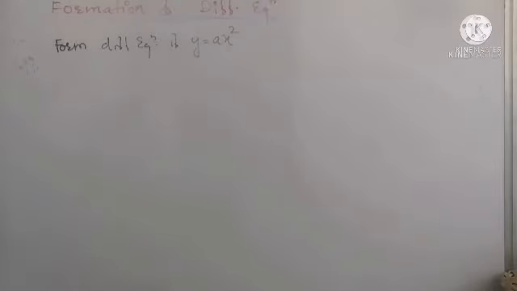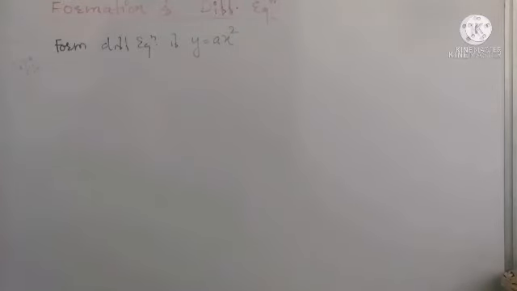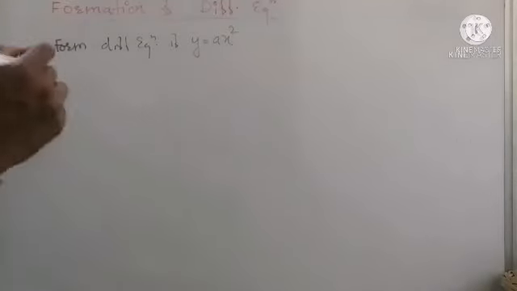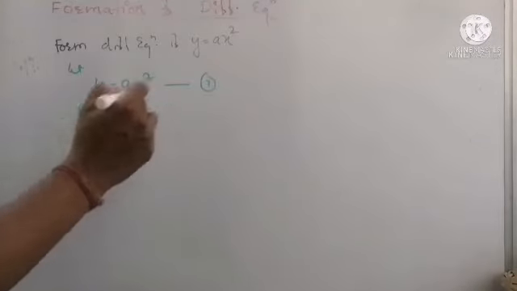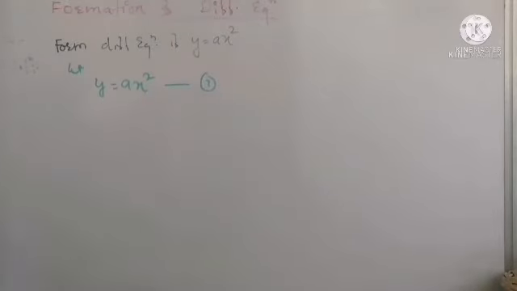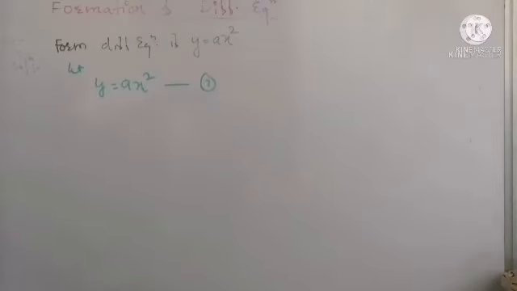Form the differential equation if y is equal to ax square. In this example, in the solution, we have been given the expression y is equal to ax square, which is an algebraic equation. Now in this equation, variables x and y are there, a is a constant, and 2 is a constant, but 2 is a fixed constant, and a is an arbitrary constant. So we have to differentiate this expression to eliminate a and to form a differential equation of order 1, as one arbitrary constant is there.